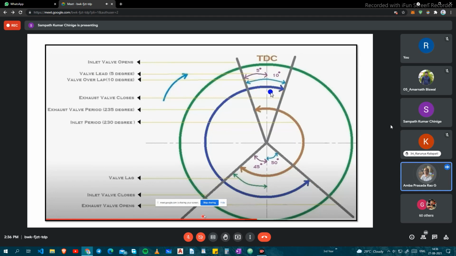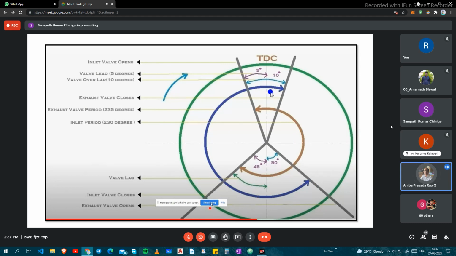These angles are, in one diagram we have shown one type of values. In another diagram we are showing these values. That depends on the speed of the engine. We try to open a little before, or we open a little late, within these degrees. What happens if you open it 5 degrees, 10 degrees, 15 degrees, 20 degrees late or early? So these are all the cases you can study computationally.